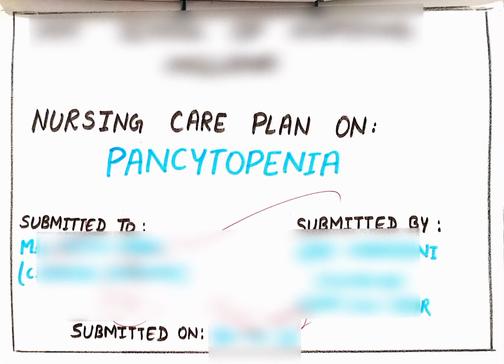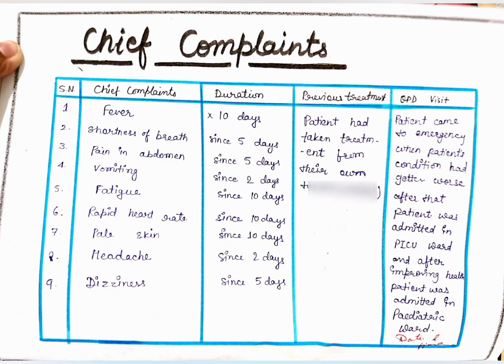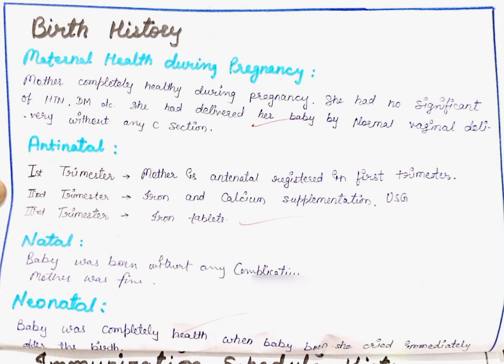Nursing care plan on Pancytopenia. First of all, identification data, then chief complaint of the patient, then medical and surgical history, then birth history because